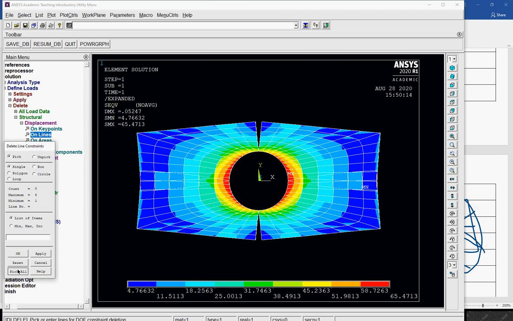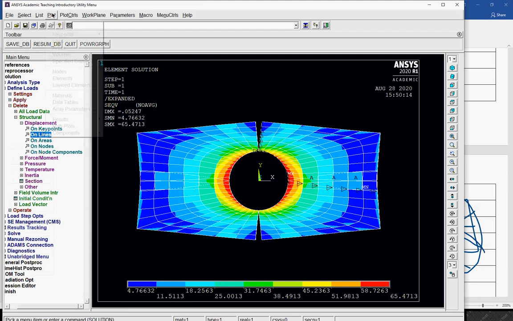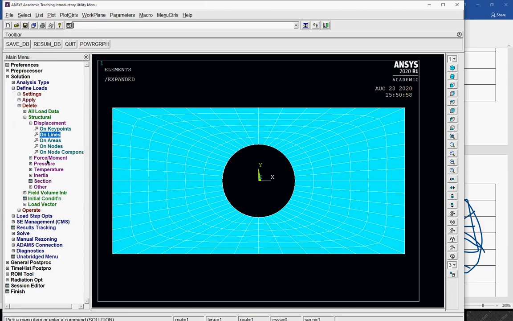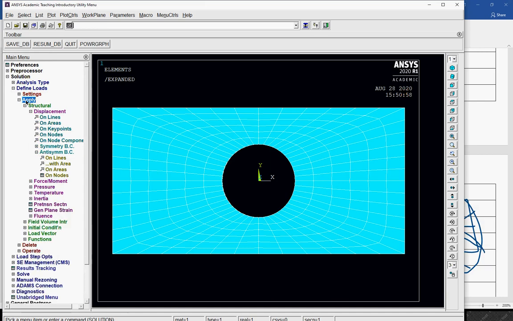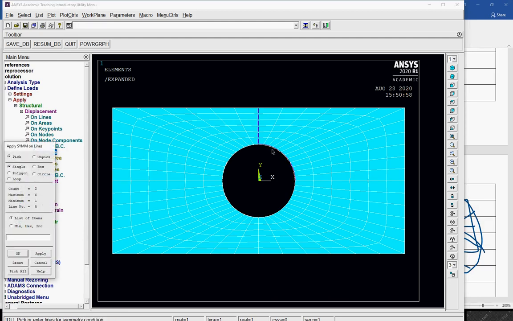Okay, so plot, replot. Then I just apply a boundary condition one more time. Symmetric boundary condition. So apply symmetric boundary condition on lines 1, 2 and 3.